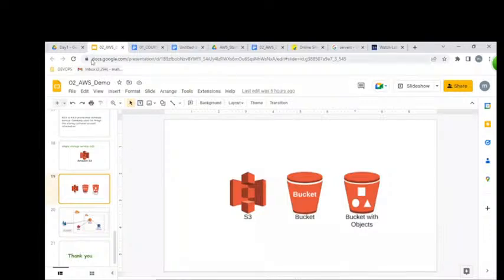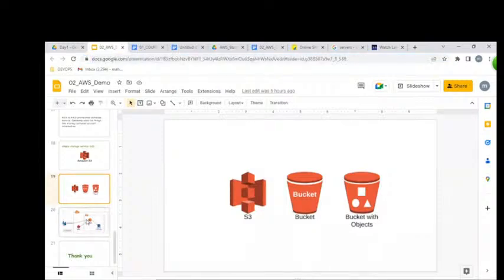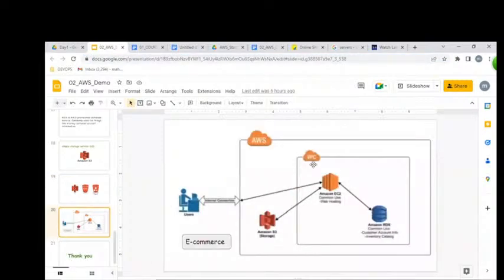For example, this PPT presentation is coming from Google Drive itself. The best example of an S3 bucket is Google Drive. The way we upload and download files in Google Drive, the same way we do with an S3 bucket. By using AWS, we can create a network, get databases, and store data externally also.